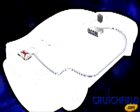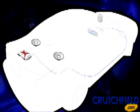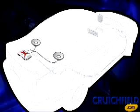The final connections will be from your amp to your speakers. Be sure to use good quality speaker wire. Ask your sales rep for their recommendation on the appropriate wire to suit your needs. Now that all the